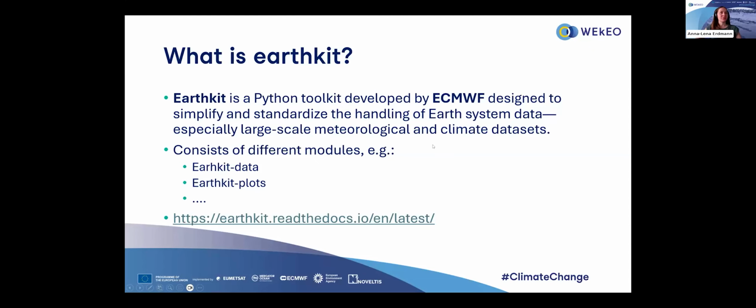So Earthkit in general is a Python toolkit developed by ECMWF, and it's designed to simplify and standardize the handling of Earth system data. So especially large-scale meteorological data or climate data sets, but it can also be applied to any other kind of data, for example, satellite data or land data. It's highly modular, so you don't have that one tool, Earthkit, but it's put together from several modules. Like there is Earthkit data, which includes the data access, Earthkit plots, which has some visualization capabilities, and many, many